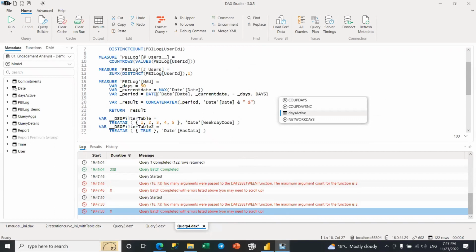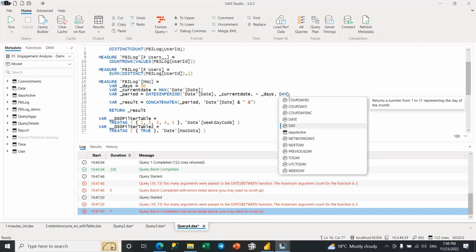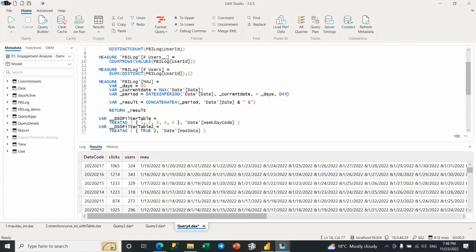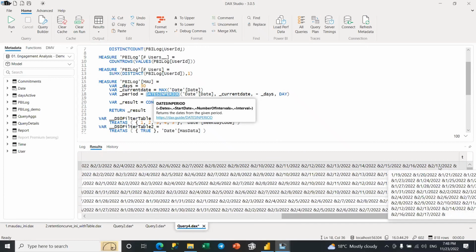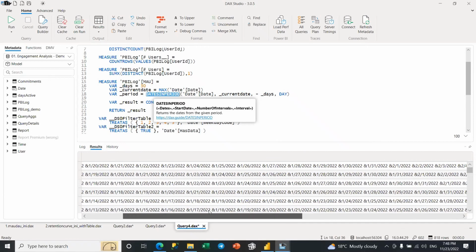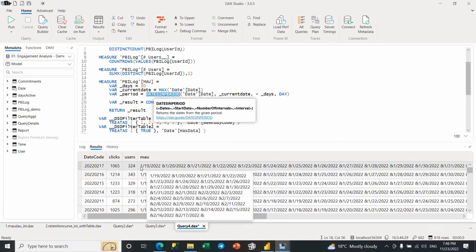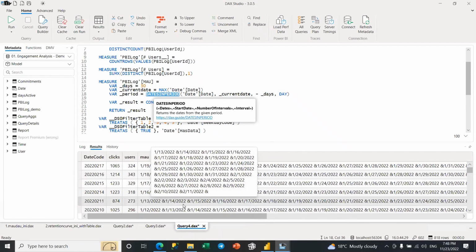Sorry, there was dates in period. Okay, so sorry, I mean I got dates in between instead of dates in period DAX formula. So now we have per day the set of the last 30 days, from the 17th of February in this data set up to the 19th of January. For every single day you can see that it's changing.